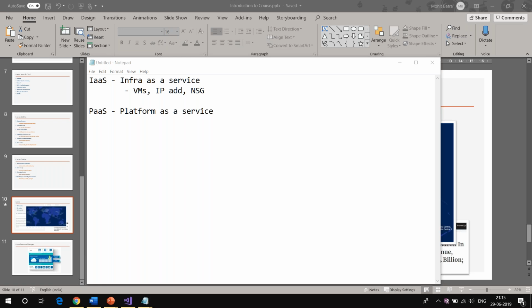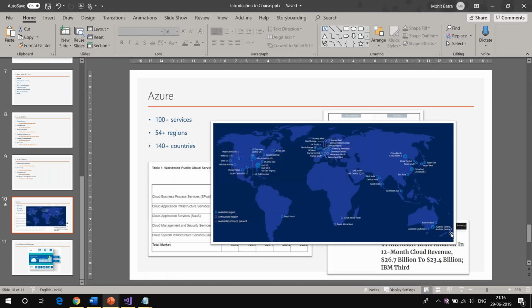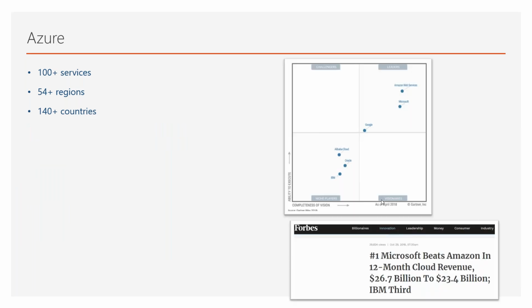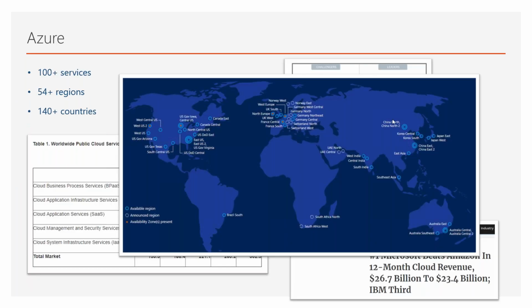And Rajesh is asking, does Microsoft have a direct Azure data center in China? Rajesh, I'll have to cross check that, but I think yes, they have data centers in China. I think you can see in this chart as well. So you can see China North 2. Then we have, yeah, so only two data centers. Then we have Korea and Japan as well.